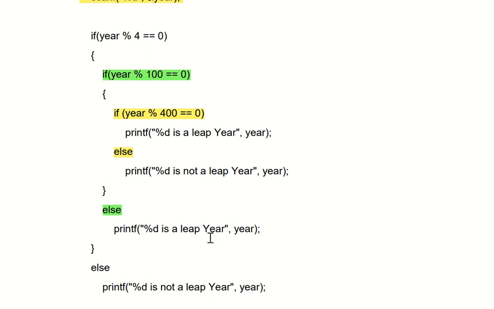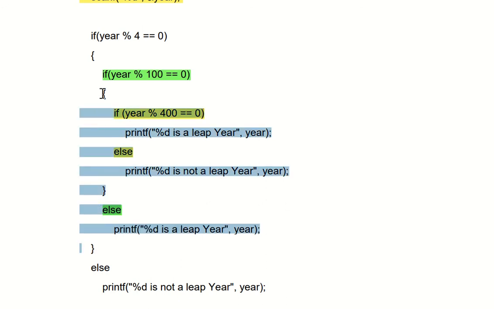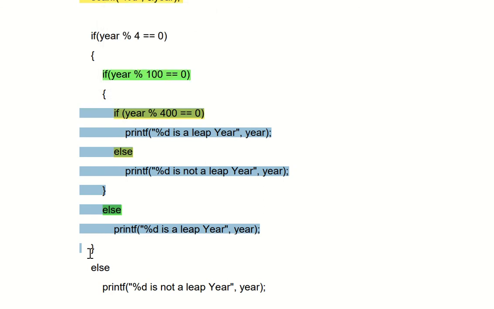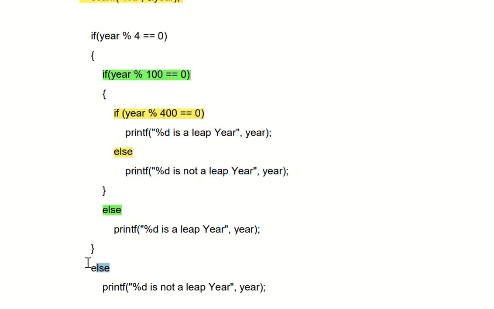This is the if and this is the else of this if. In the else, printf leap year only, and it will print the year. After that we have one more closing bracket, which means the closing of this full if statement and else statement both. This is one full if-else. What is the meaning of this else? Here we have one more if condition at the beginning.